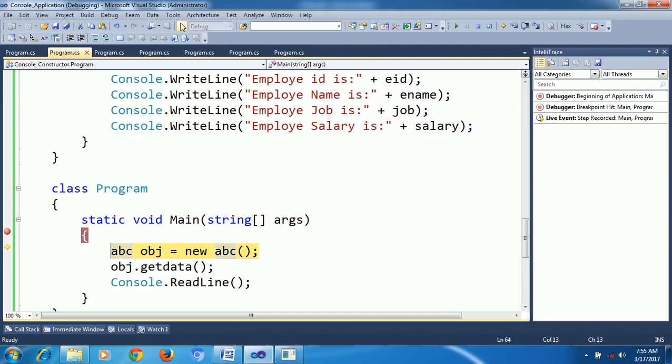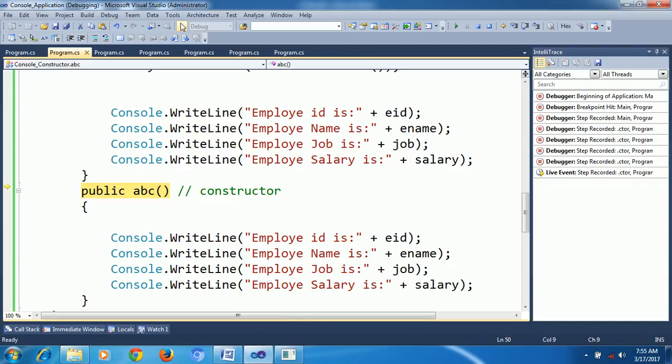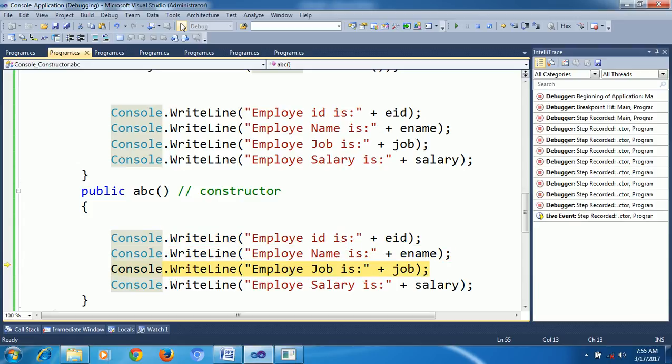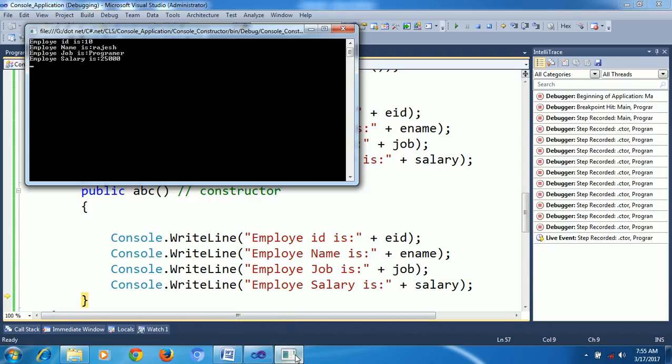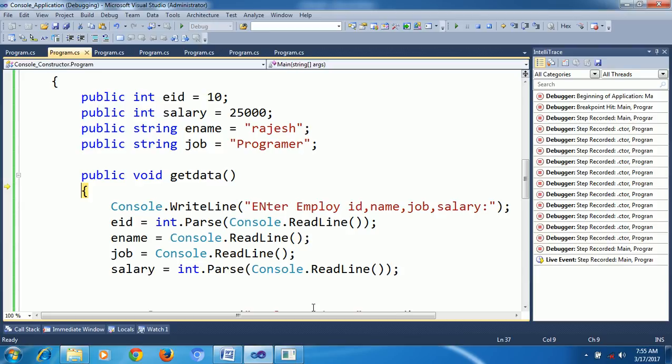Next, when I create an object, it automatically first assigns the parameters and afterwards comes to the constructor. In the constructor, I am just printing the values. Now go and check your window, some data is printed, which I already assigned when I declared the variables. Now it is going to GetData, it's asking please enter